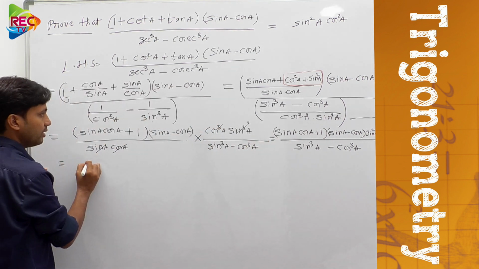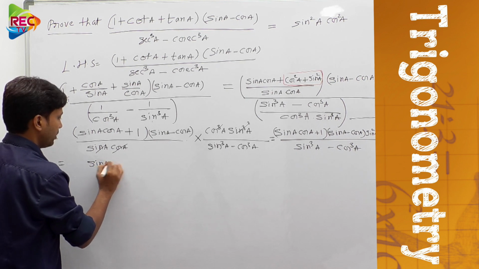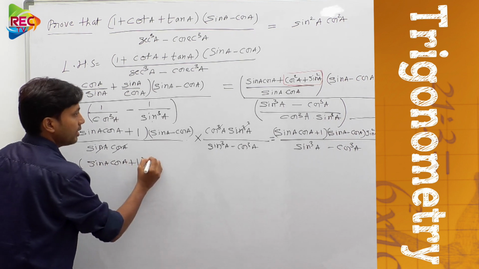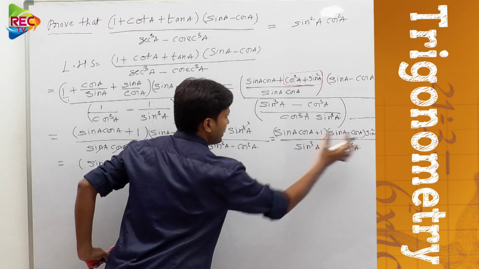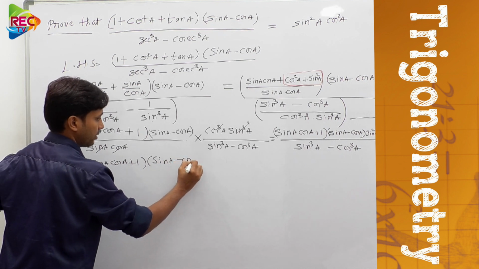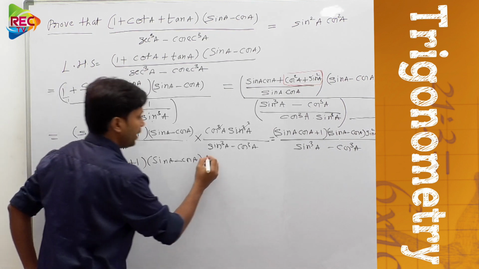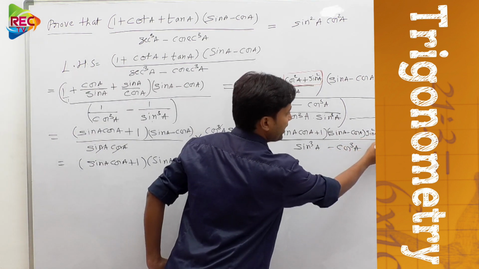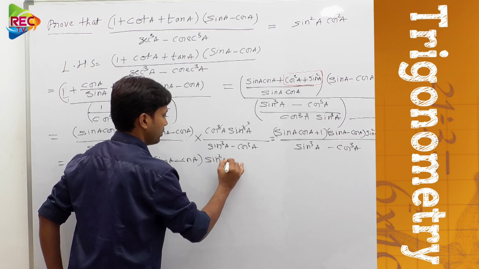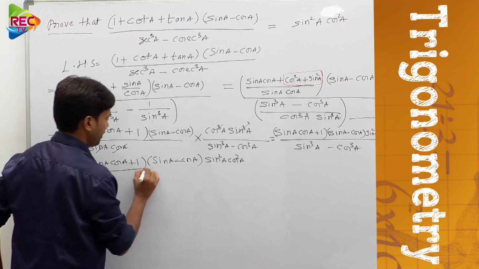Just write it down: sin a cos a plus 1 into sin a minus cos a, into sin square a into cos square a, divided by